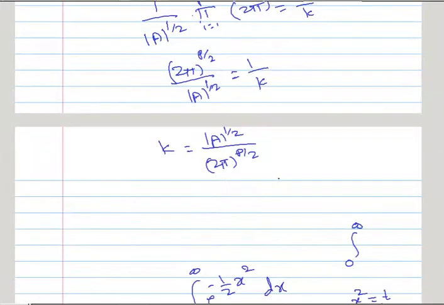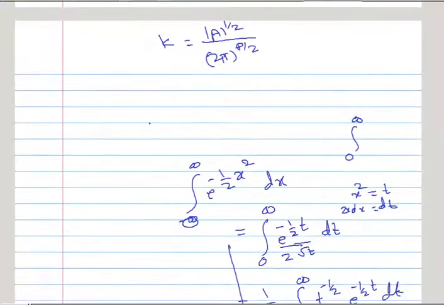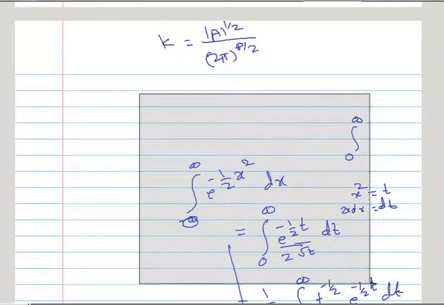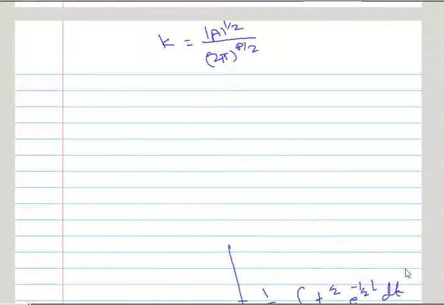So this particular quantity k is equal to determinant of a raised to 1 half divided by 2 pi raised to p by 2, and therefore the expression f x will be now, it was 1 upon k, sorry, this is the quantity k, therefore the expression will be determinant of a raised to 1 half.